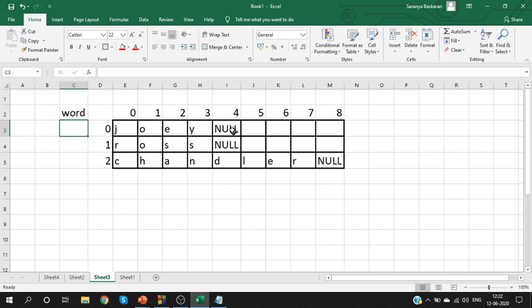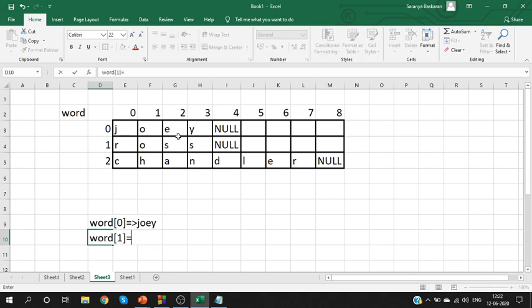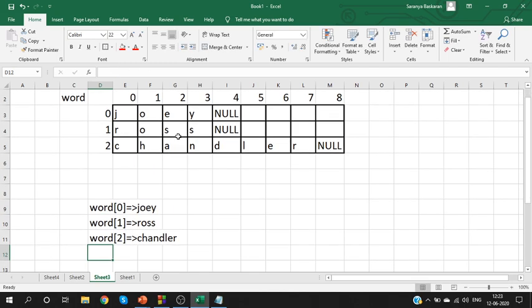So instead of the string name, we say word of 0. When I say word of 0, it refers to Joey. Word of 1 refers to Ross and word of 2 refers to Chandler. This will be the string name. Is the point clear?